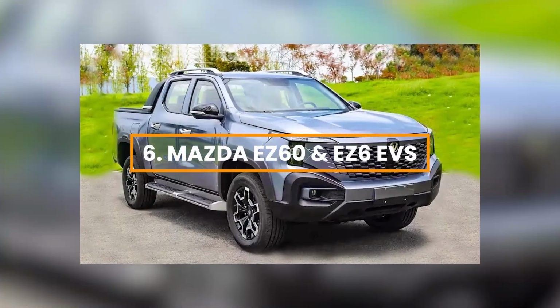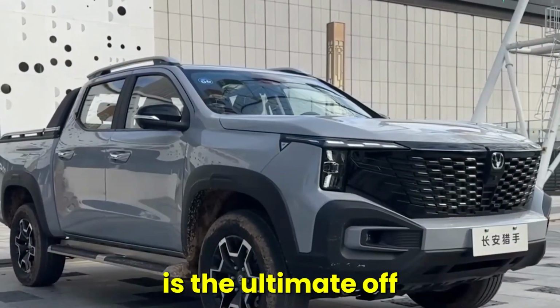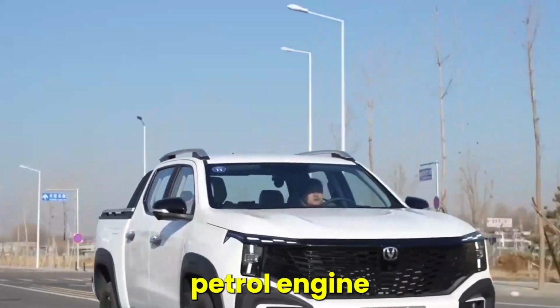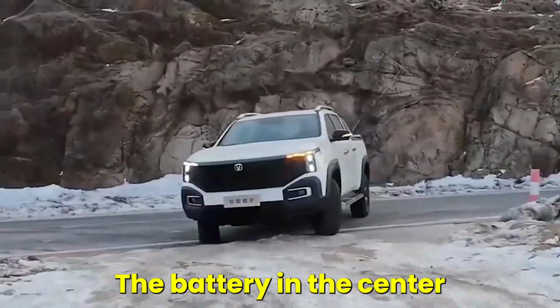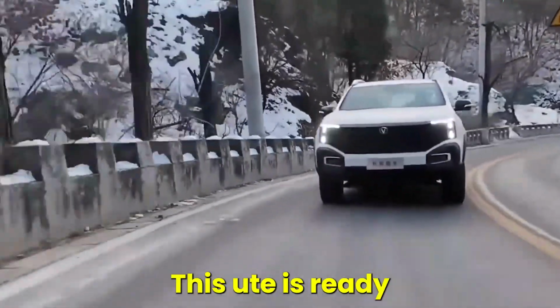7. Changan Hunter Hybrid Ute. The Changan Hunter Hybrid Ute is the ultimate off-road machine. It combines a 2.0-liter turbocharged petrol engine with electric motors at the front and rear, making it a true powerhouse. The battery in the center provides better balance, and with front and rear diff locks, this Ute is ready for